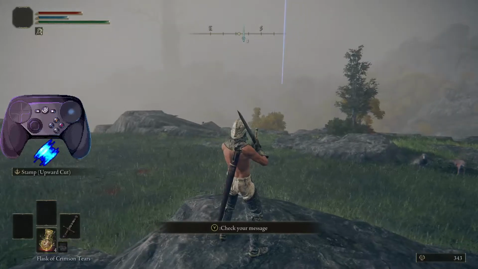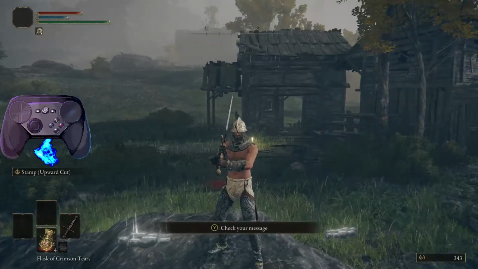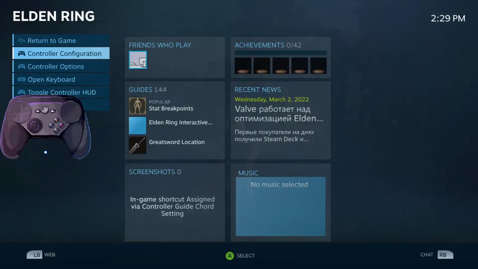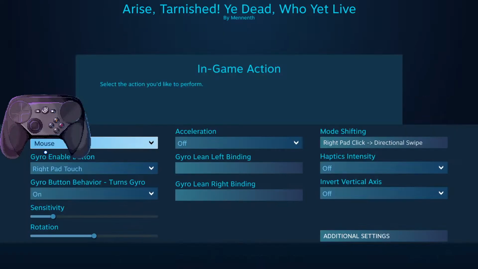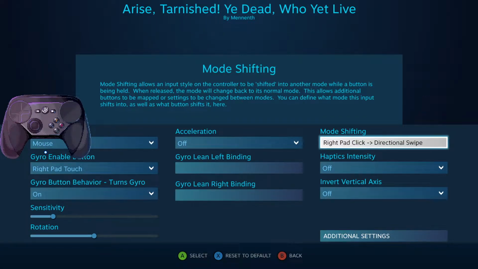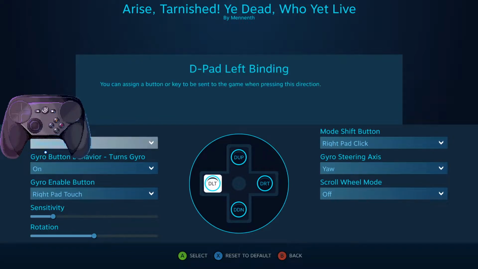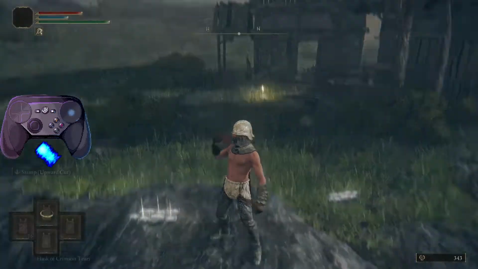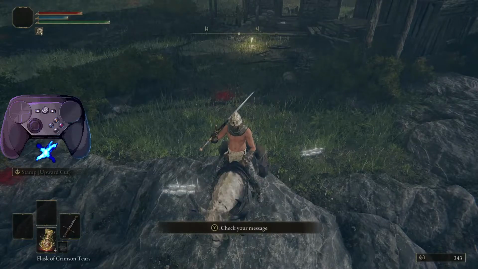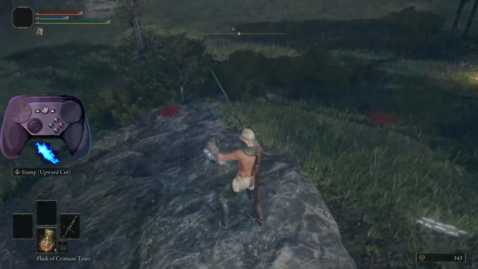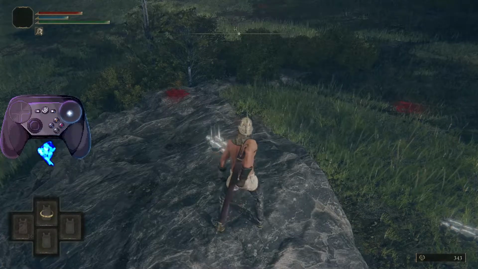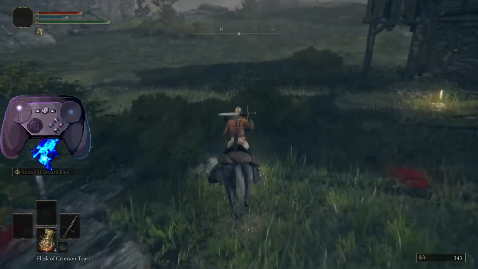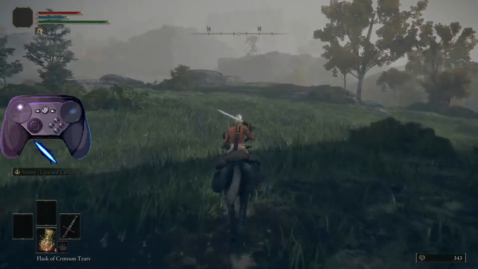The other thing that I changed is I have incorporated Rambletan's gyro flicks in order to control the pouch bindings. So what that looks like is the gyro has a mode shift associated with it that goes to directional swipes on right pad click. And that means that I can just quickly flick the controller up in order to use the pouch. So that way it's very quick and easy to access the pouch bindings without having to hold Y and then